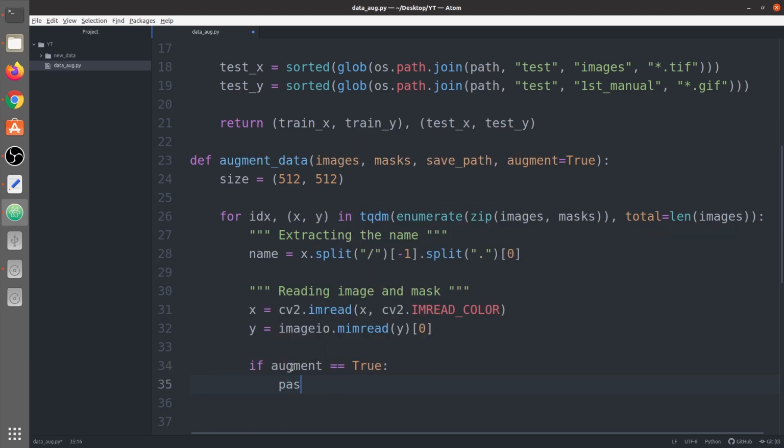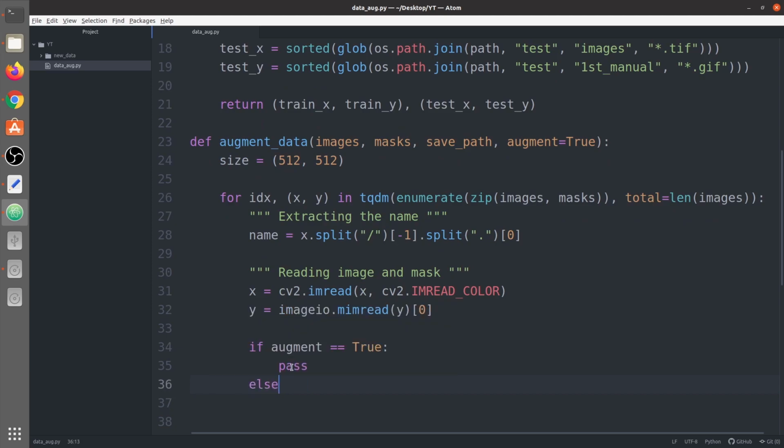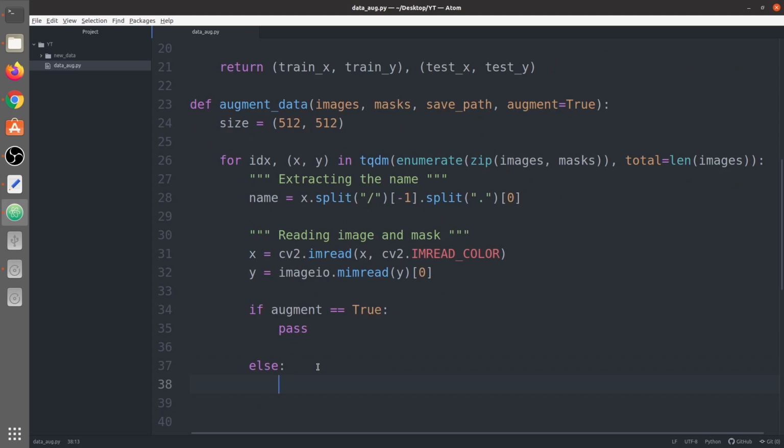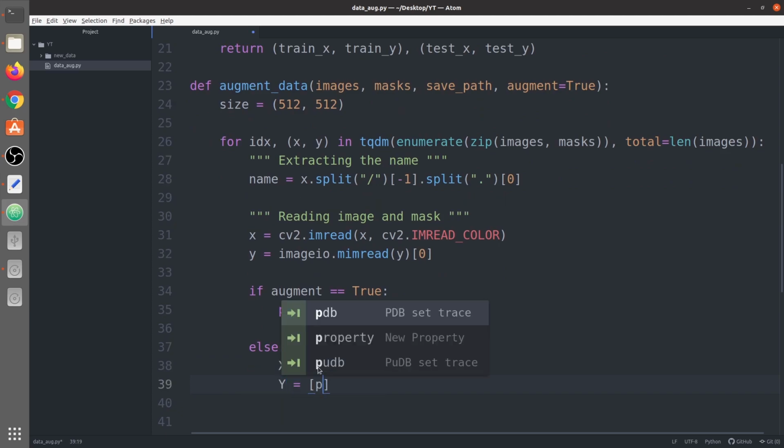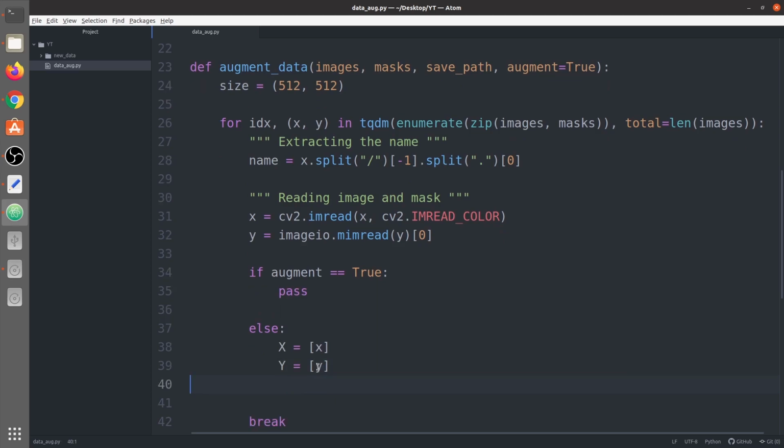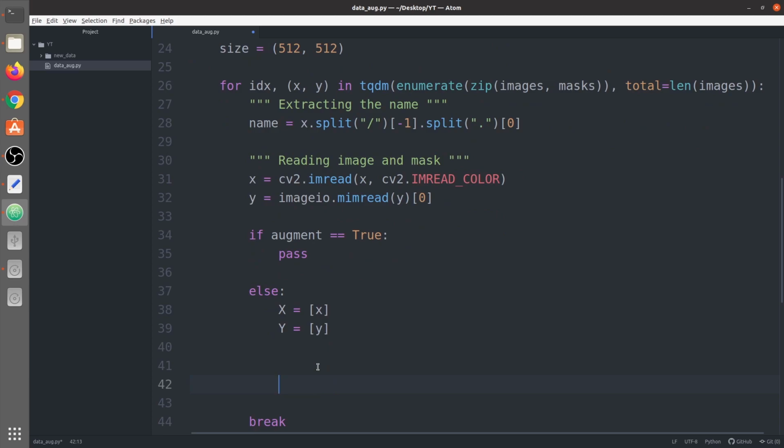Now we won't work on this now, we would say pass, else. We would work upon this else part first. What happens if we don't apply augmentation? Okay, so we're going to create a list called x and y, which would contain the image and mask, and we'll try to save the data which is present in this capital X and capital Y list. So now we can loop over them.